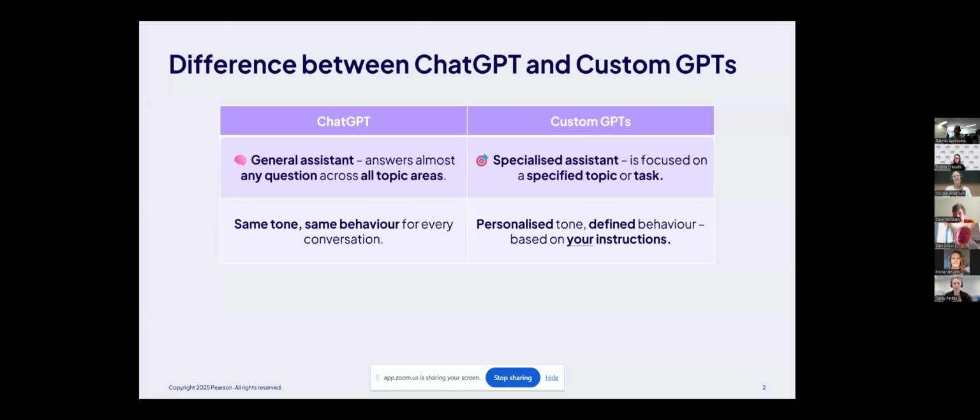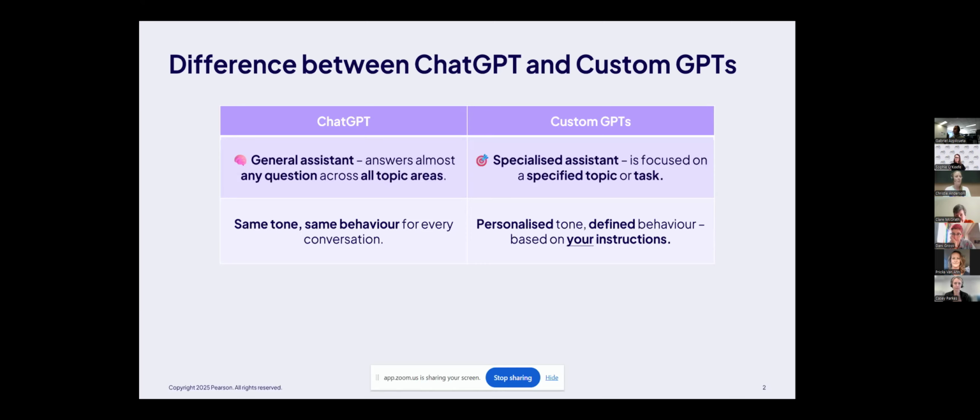So I'm going to start at the start, because I think it's important to recognize that we're all at different layers and levels of our journey with GenAI. For those of you who weren't at the last session with Chris, that's no problem. Let's start again and think about what the differences are between ChatGPT and custom GPTs, because they don't make it easy: the two have very similar names and they also look quite similar on the front end, on the UI. So let's just really break it down.